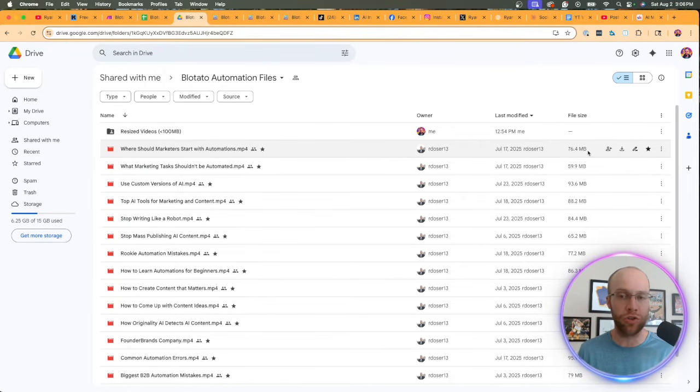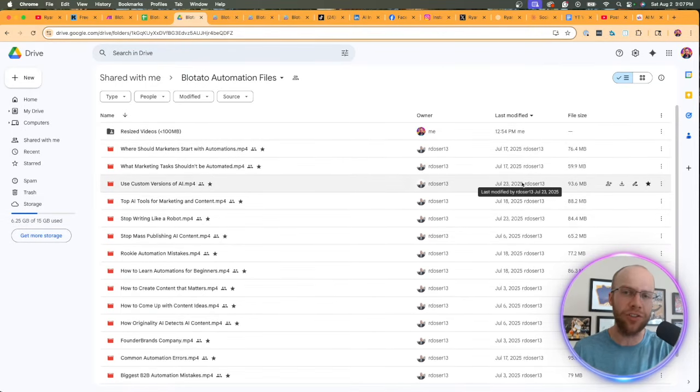alternative to Google Drive like Dropbox, or I think Frame.io is another one. So find an alternative to Google Drive that supports the transfer of 100 megabit files or greater, because I tried to do this and I was so frustrated why this wouldn't work. And it was because the file size has to be under 100 megabits. So most of my videos were under that file size, so this wasn't a huge issue for me, but just something important that I must say before you guys get flustered and try to figure out why this automation isn't